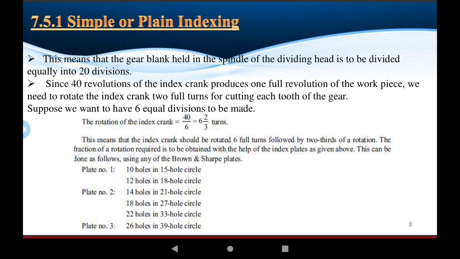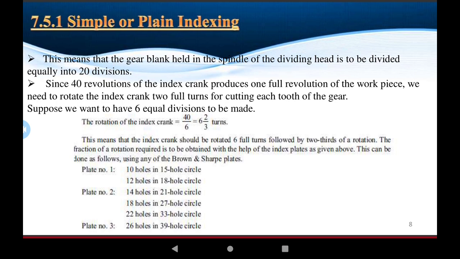The gear blank held in the spindle of the dividing head is divided equally into 40 divisions, since the